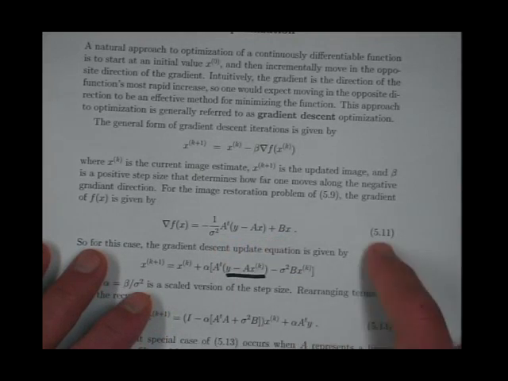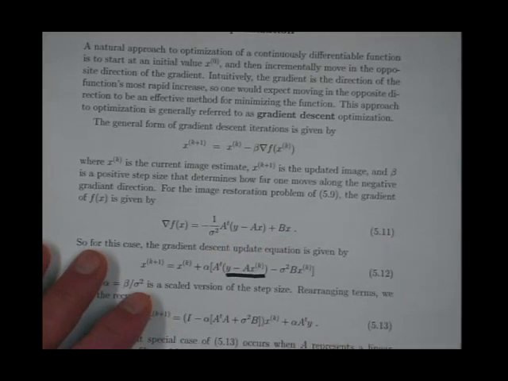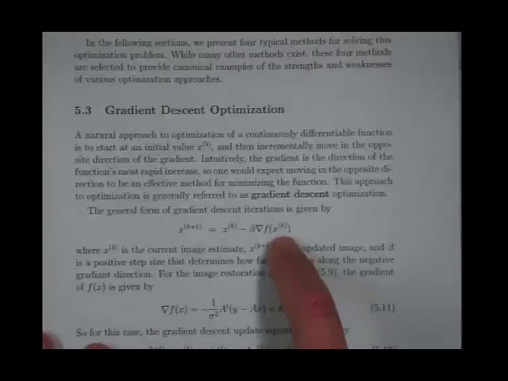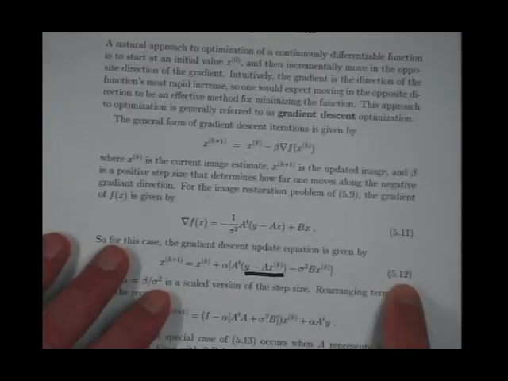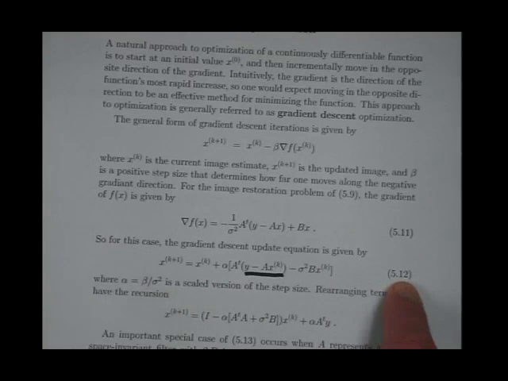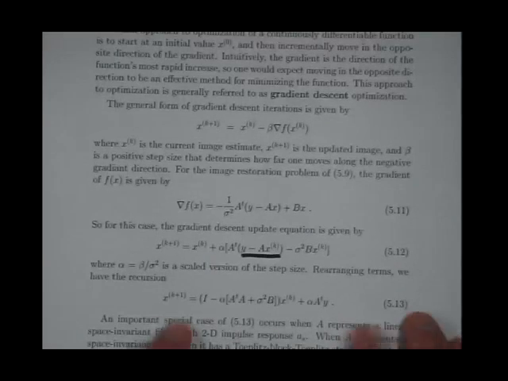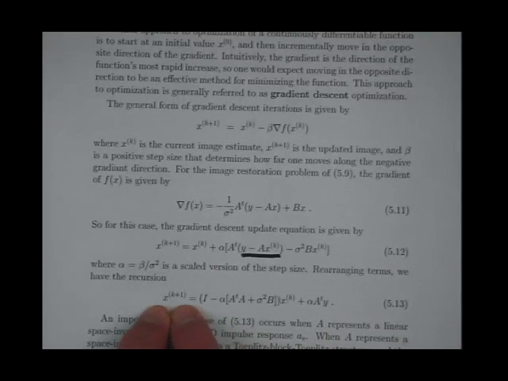That's equation 5.11. Then you plug that into the expression for the gradient descent, and you get equation 5.12. Okay, and if you rearrange terms, that's 5.13, you get the new value of x. X is the solution that you're trying to calculate. So you're iteratively